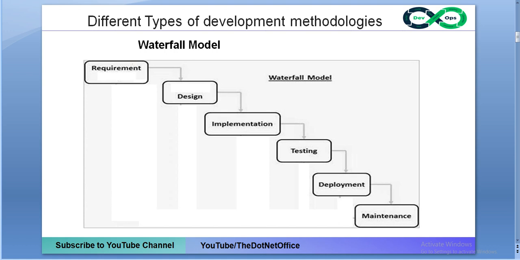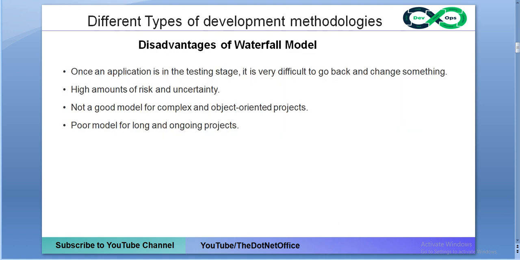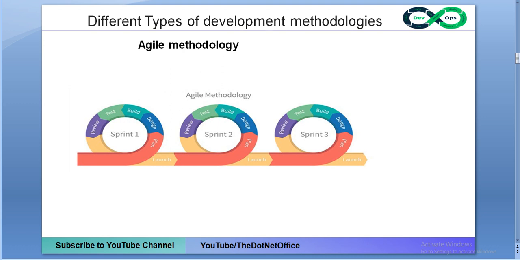After that comes maintenance: once the code is deployed on the server, there is a chance there is some issue on the server, like we are not able to see the changes. Then, according to this waterfall model, it's very risky to understand the changes and fix them. So to resolve this problem, the agile methodology came. In the waterfall model, until the deployment stage comes, the website doesn't go live.